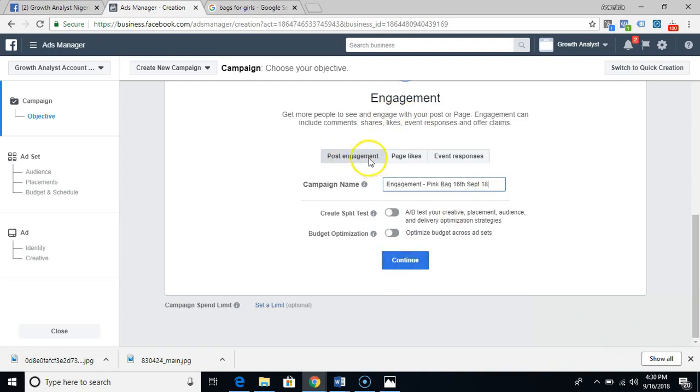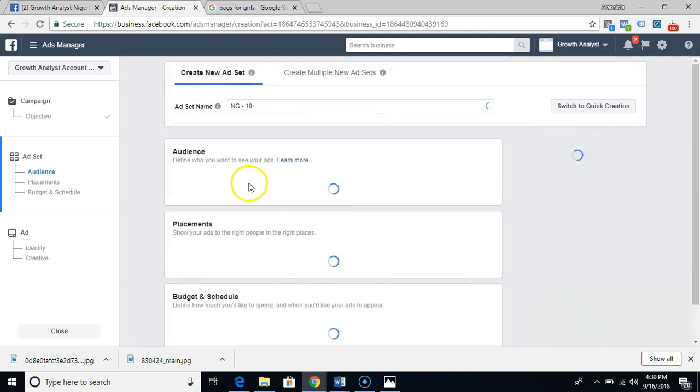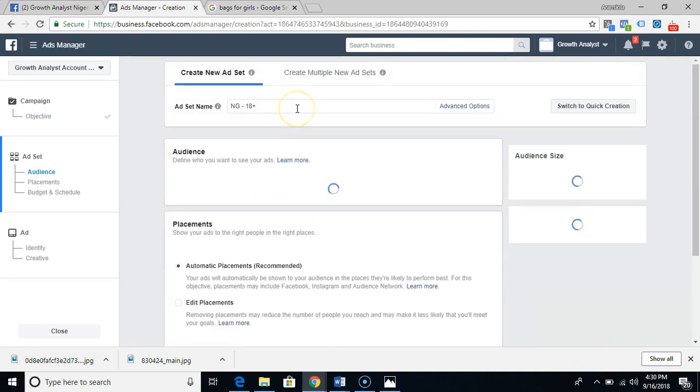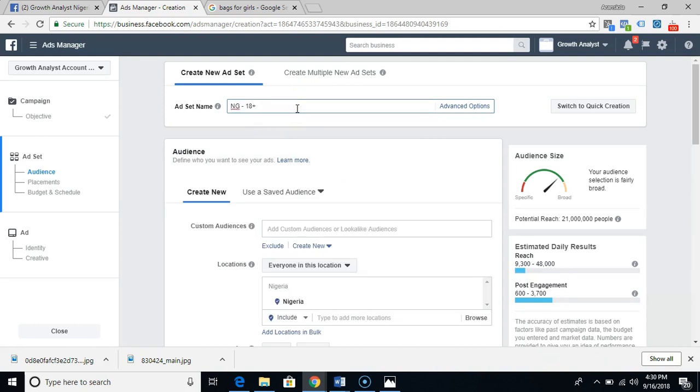So I'm rooting for post engagements, not page likes or event responses, just post engagement. I want people to like the post, I want people to comment, and I want people to share. So I click continue, and my ad set is I'm looking at age